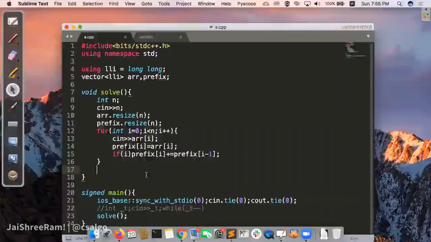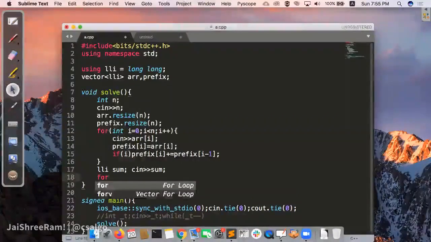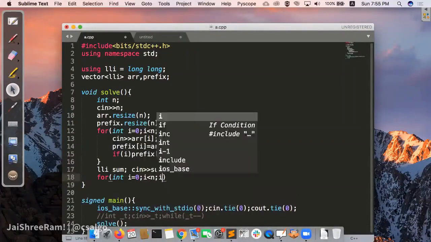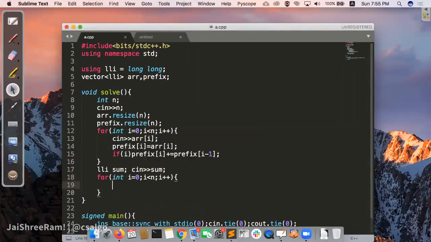Now you want to count the number of subarrays which have the sum equal to some particular given sum. So let's take that as well. Sum is given to us. Now what we do is we loop from i equal to 0 to n, and we want to first of all search for the particular value that we need.